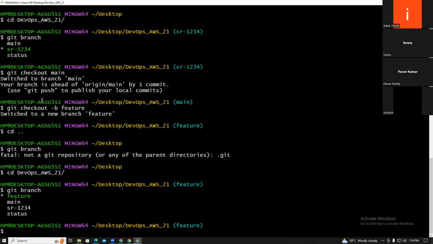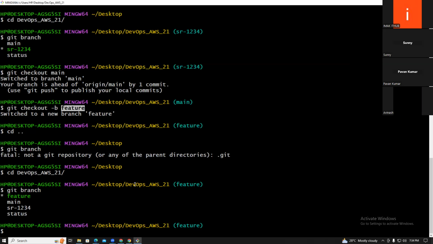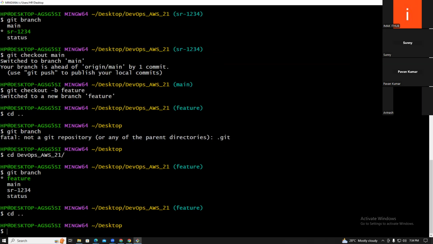So how can you create a new branch? What is the command to create a new branch? git checkout -b branch name. Guys, now you understood? Yeah. For example, I'm creating a new